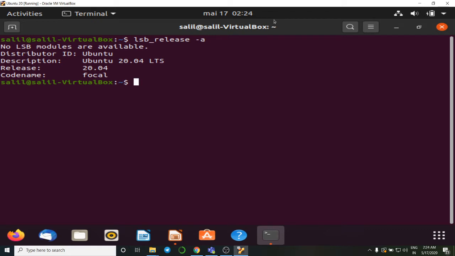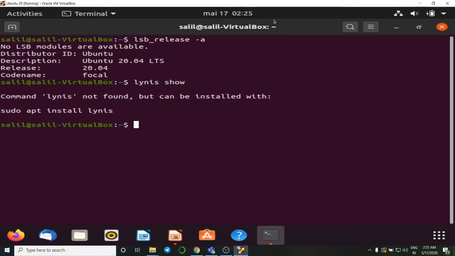First I type the basic command lynis show, which will normally show us all the parameters and arguments which we can use in the Lynis tool. But when I type this command, it says command lynis not found but can be installed with sudo apt install lynis. So I continue and we will begin our Lynis tutorial by installing the Lynis tool.